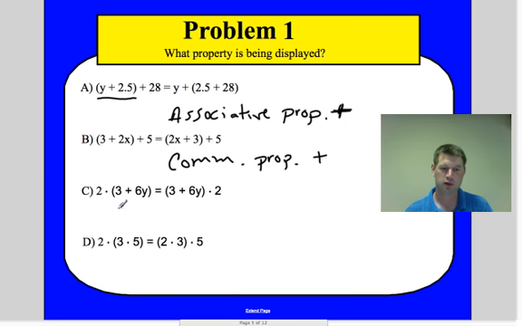Okay, so let's go down to part C. Now we have multiplication in there. It's 2 times the quantity 3 plus 6y is equal to 3 plus 6y times 2. Okay, so there, notice that the parentheses is exactly the same, so the 2 is on the opposite side, so the order has changed. So this would be the commutative property